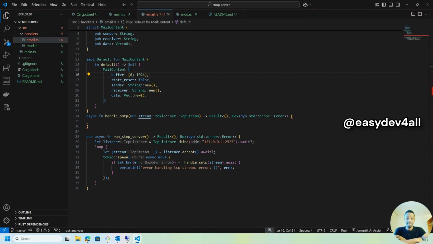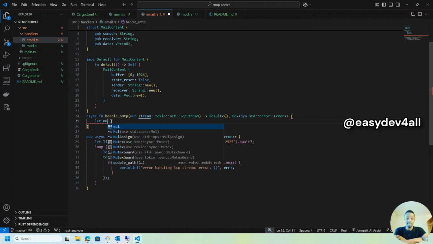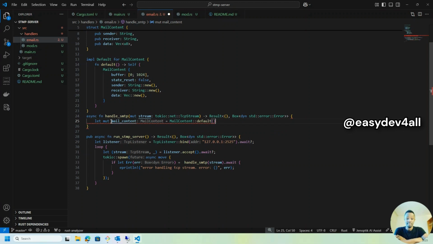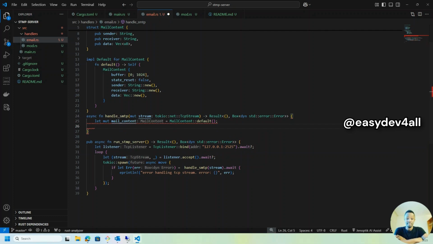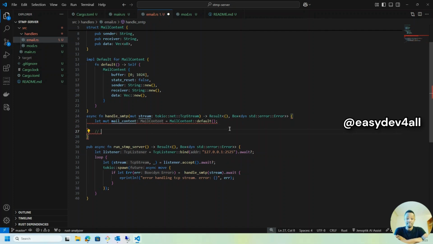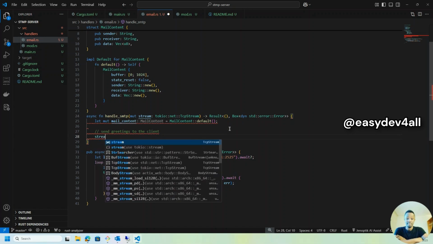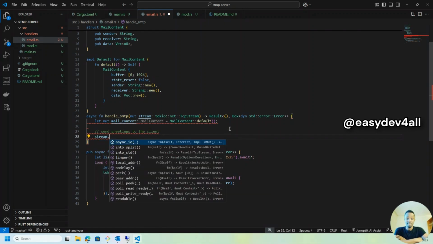So now what I can actually do is to come in here and say, let's make it mutable because I'm going to be updating them. So I say let mut mail content would now be mail content the default. Okay. And now I can go ahead to start parsing the stream. So the first thing I would like to do would be I would like to send greetings to the client. And to do this is just quite straightforward. All I need to do is to write a message